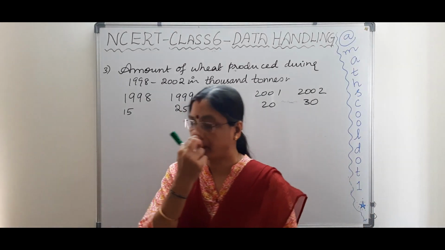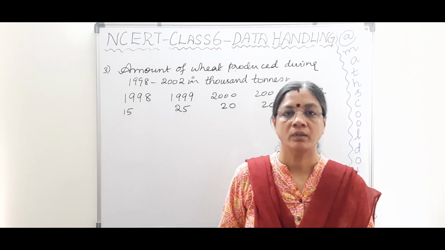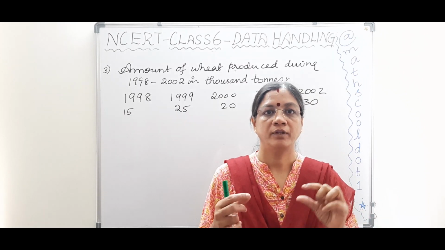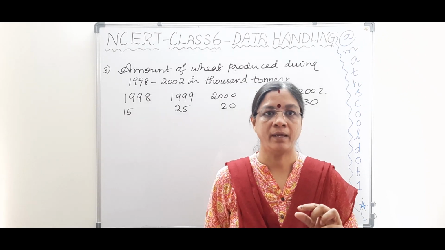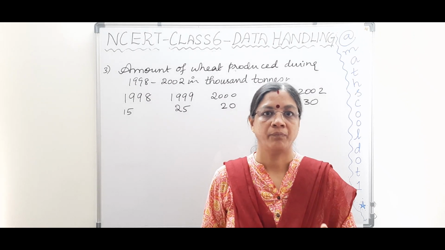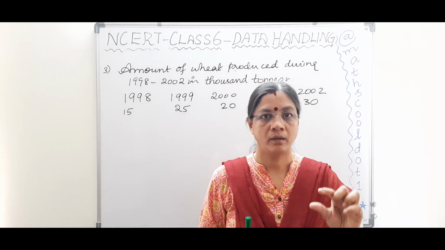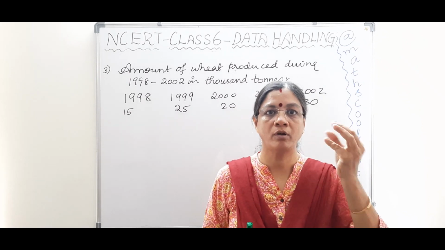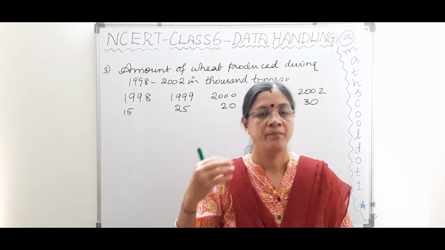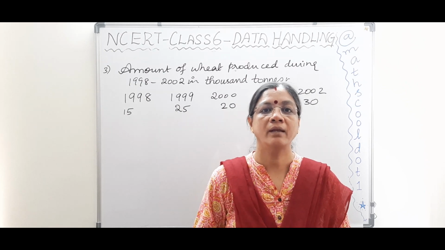While doing pictograph, we learned one thing called a key. That is, we use keys to draw pictures for the data collected. We simplify the numbers collected. If the numbers are very large, we use keys. Like if it is in terms of hundreds, we use one picture or one symbol for 100, then we go on representing the numbers. If it is 200 or 250, if it is half of the thing, we can draw it like this.